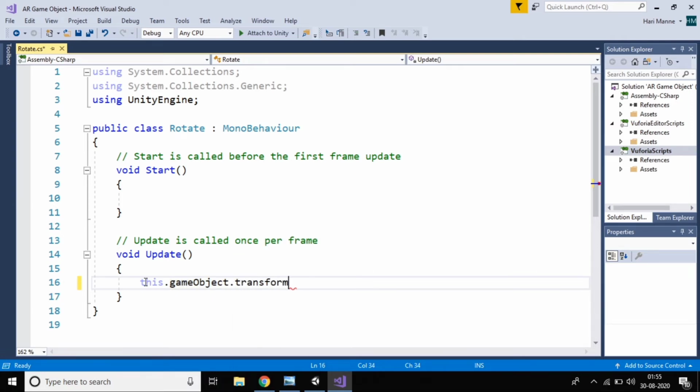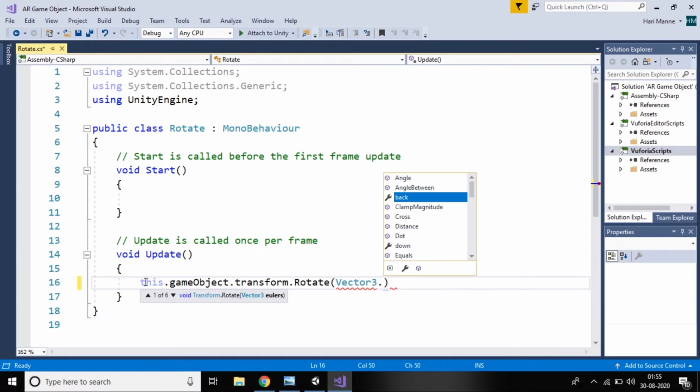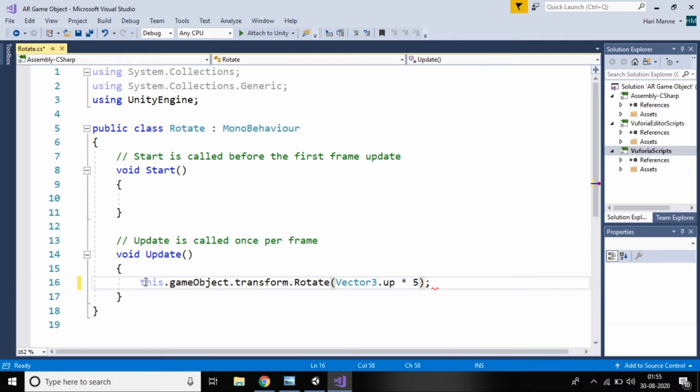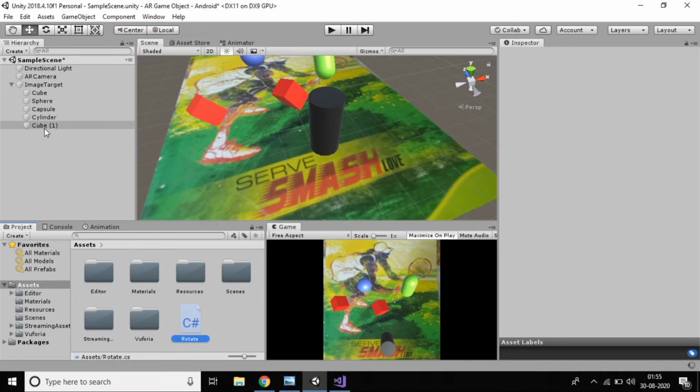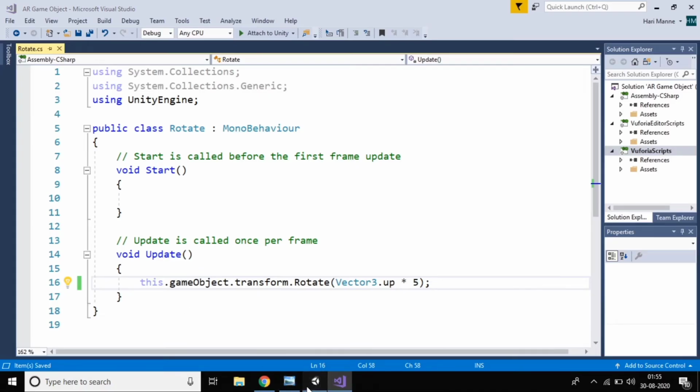Dot transform dot Rotate, the default rotate function. Then Vector3.up. How much speed should it rotate? I'm giving 5 speed. Just Control S, and add this script to this cube. I'm renaming this cube to rotate cube and adding the script to rotate cube.